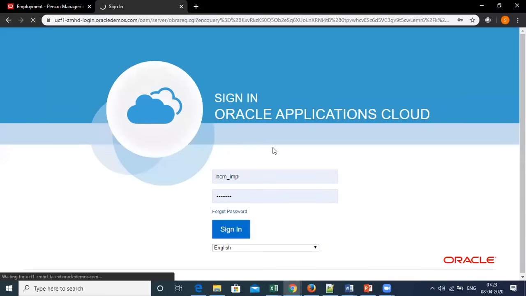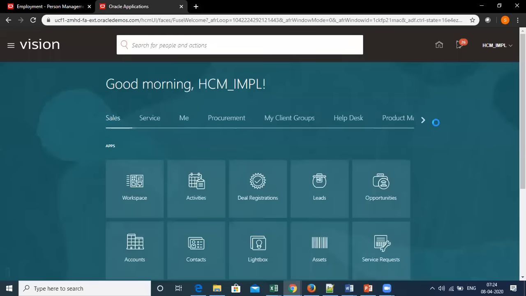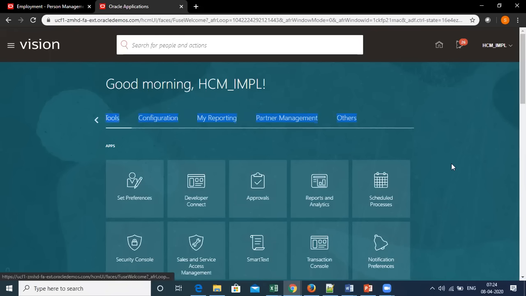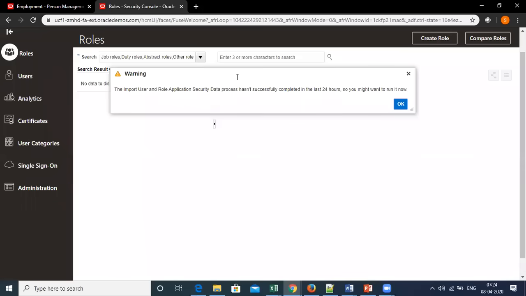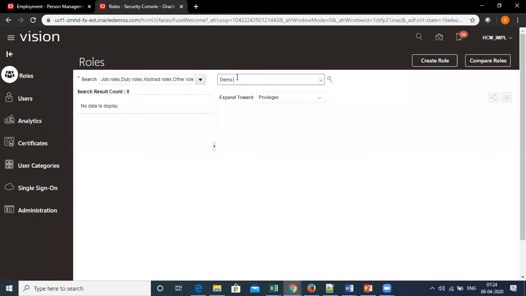So it takes time to copy each and every inherited role, make a separate copy of that, and then this copy is directly assigned to our seeded role. Sorry, our custom role. So it takes a while to do all this activity. Let me search again demo. Okay, let me search for human resource specialist.